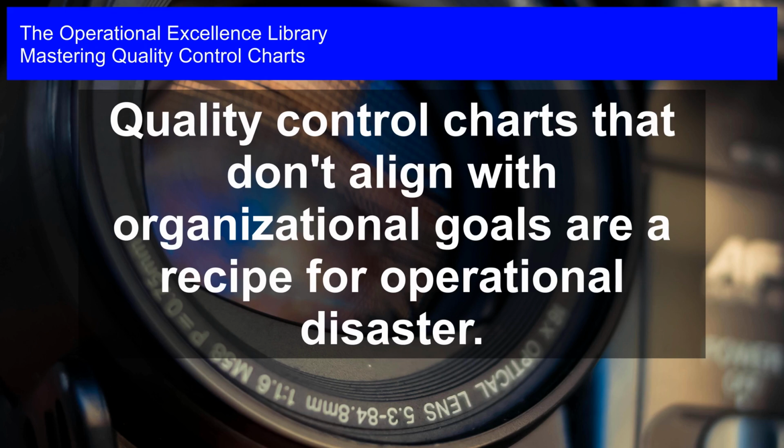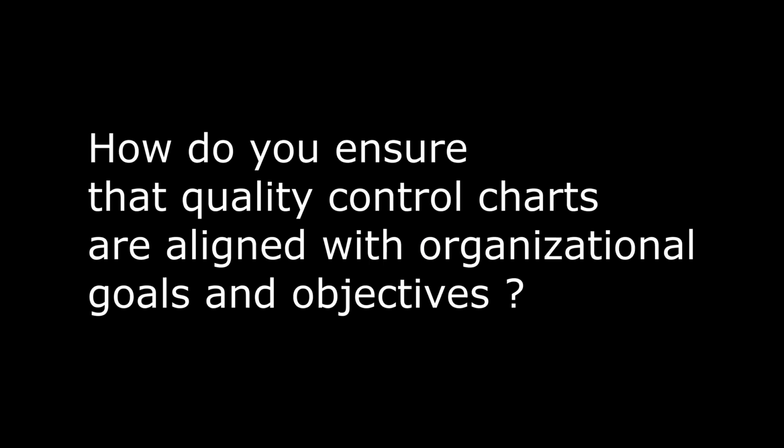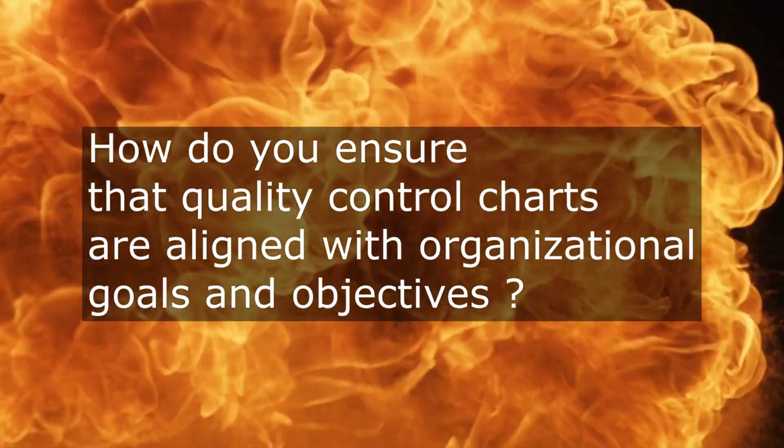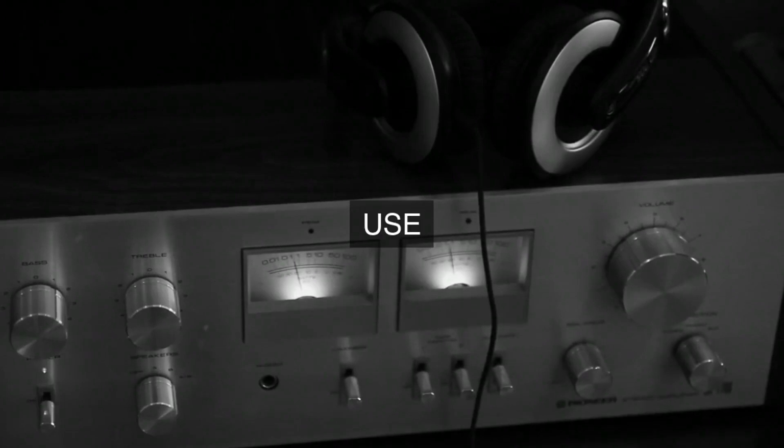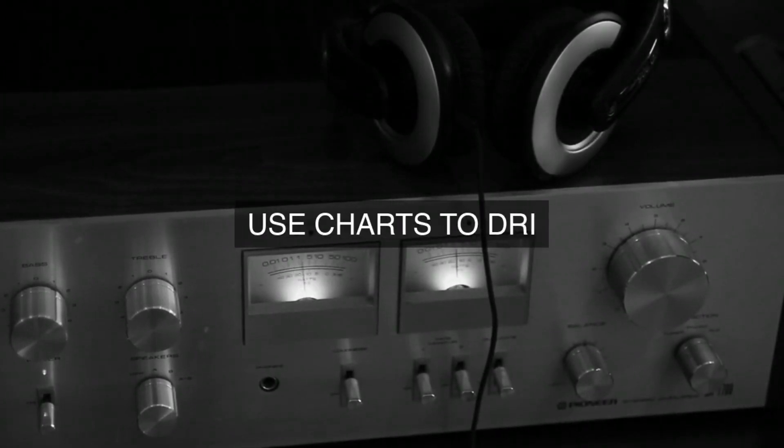Mastering quality control charts. Quality control charts that don't align with organizational goals are a recipe for operational disaster. What steps do you take to ensure that quality control charts are effectively aligned with its organizational goals and objectives,